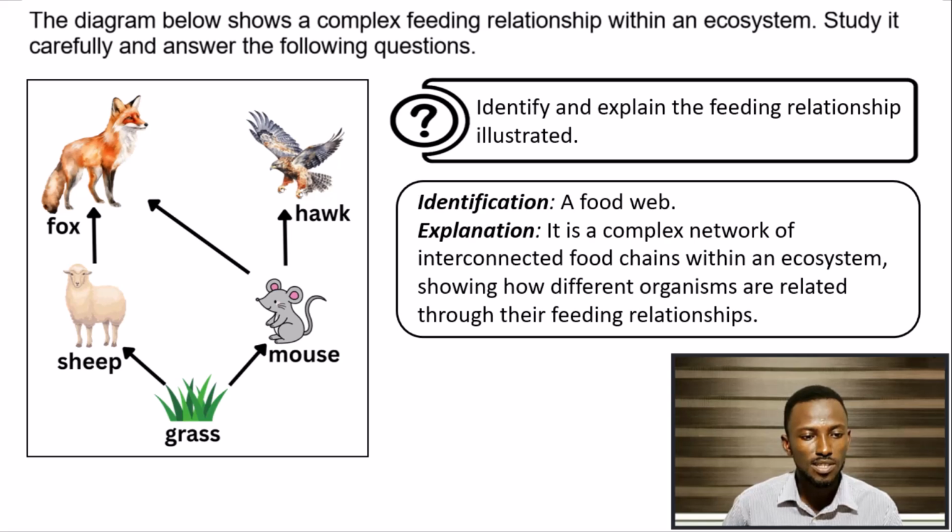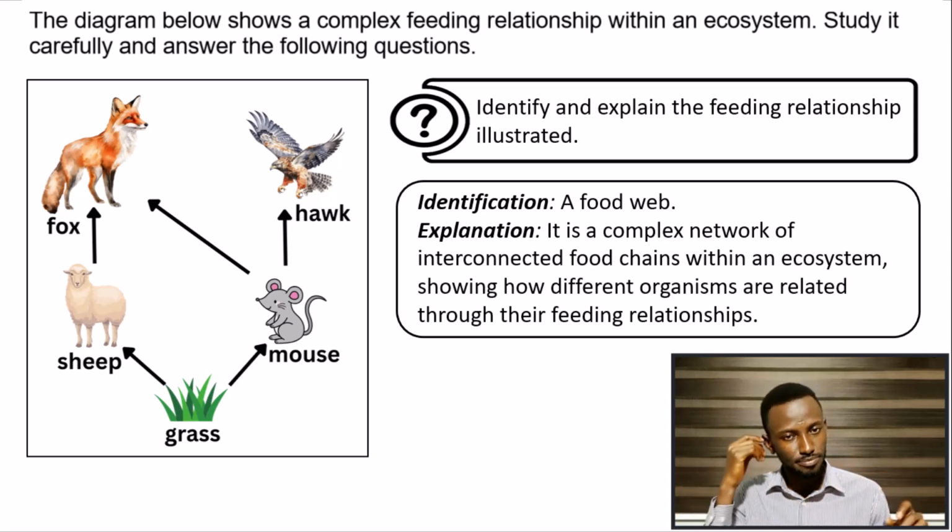So what kind of feeding relationship is that? It is a food web. And why not a food chain? Remember, a food chain is a linear feeding relationship, meaning it's a line. So it starts from one organism and ends at the extreme end. It's a single line. But you realize that for this particular one, it's not a line, but you would see